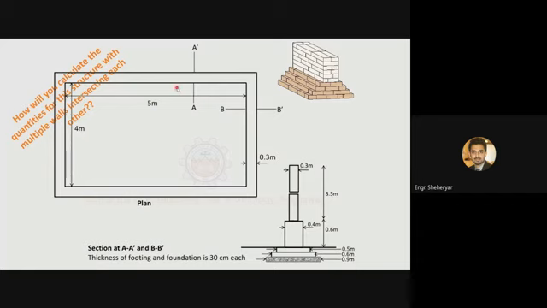Actually, this is a very simple plan, but in a complicated plan, for example, a plan of a house or a plaza, there will be a number of rooms, a number of openings and such structures, and a number of junctions. There may be some walls projecting from this wall, and they may be of different thickness as well. So to avoid confusion and to do the estimation in a proper organized way,